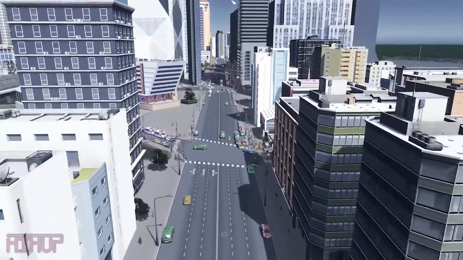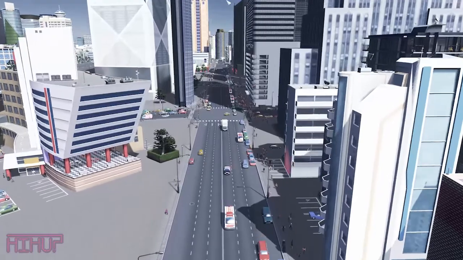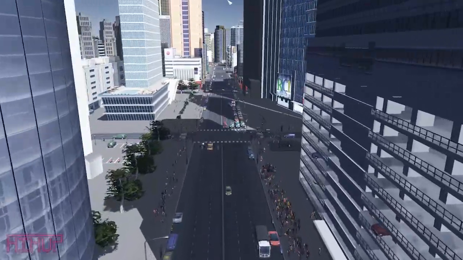Have you ever played SimCity and thought to yourself, this street would look so much better if I could just put a park bench there, or maybe a tree there, or I wish this traffic was a little bit more realistic? These thoughts crossed my mind when I played, but I never really dwelled on it until I played City